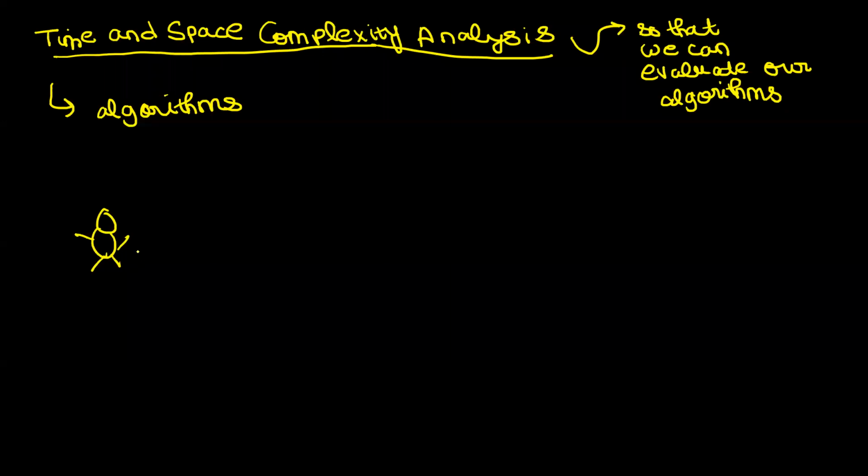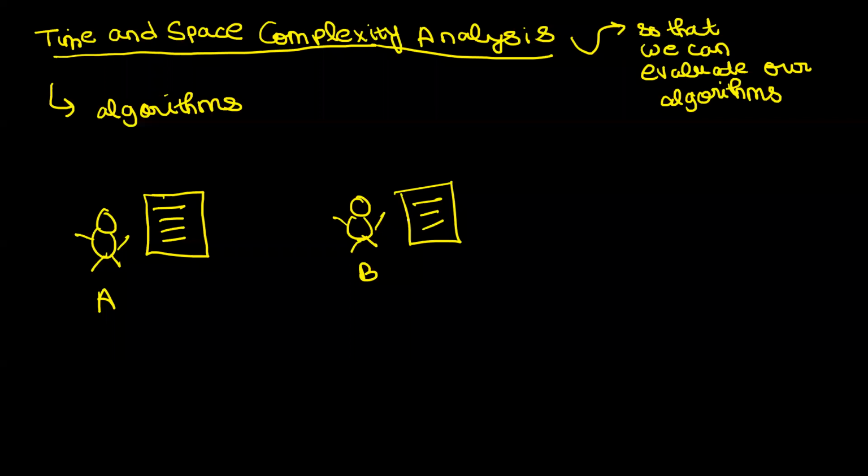So think of it like this. Suppose there is person A, and he has written a piece of code that is doing some job. Now there is another person B, who has also written a piece of code, and his code is also achieving the same job. Person A has used a different algorithm and person B has used a different algorithm, but the end goal of both codes is the same. They are achieving the same task at the end of the day. So if somebody asks me whether person A's code is better or person B's code is better,